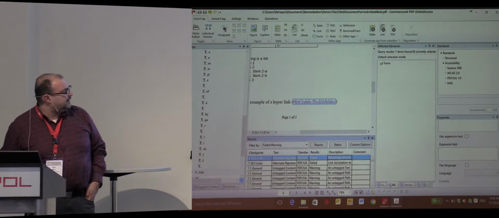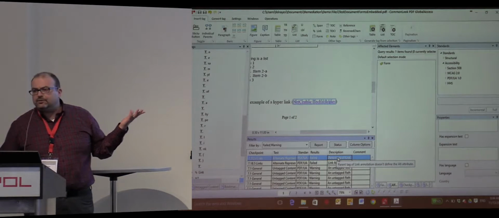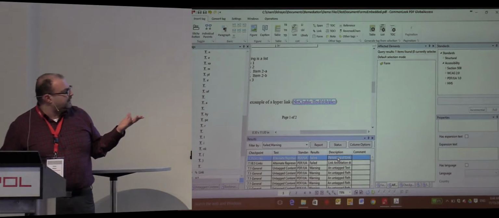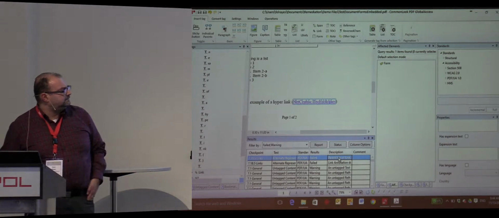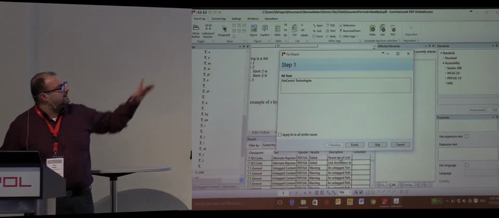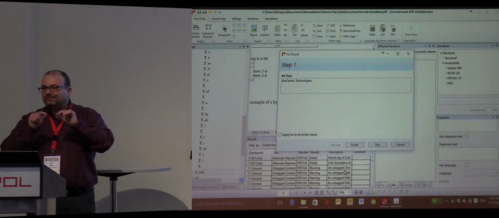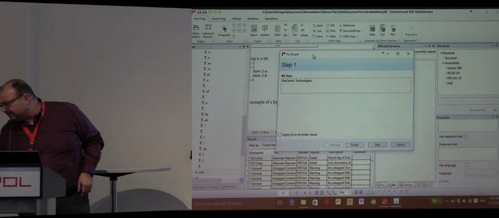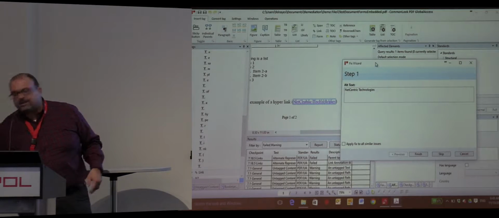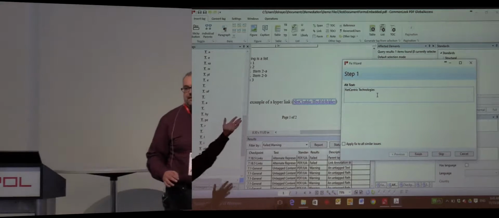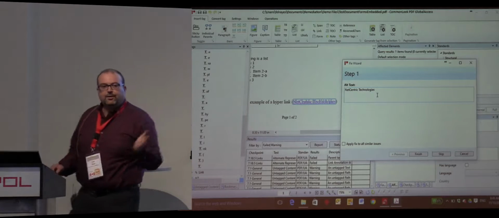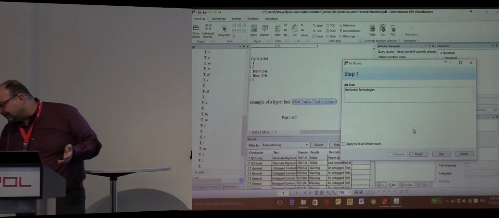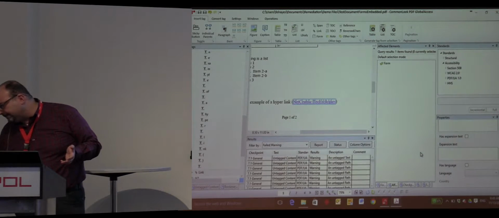Here I have that the parent tag for the link annotation doesn't define the alt attribute. Okay. So I can again double click, based on the link position, because it's where it says Centric Technologies here. We're suggesting that this would be the alt text for the link. So if I click finish again,